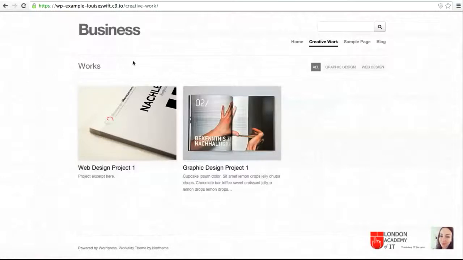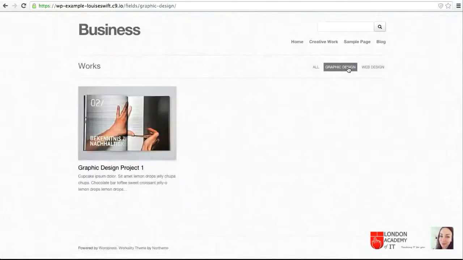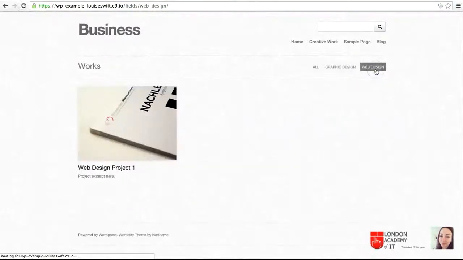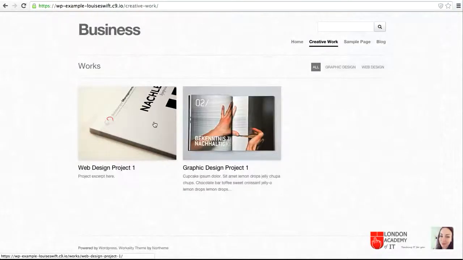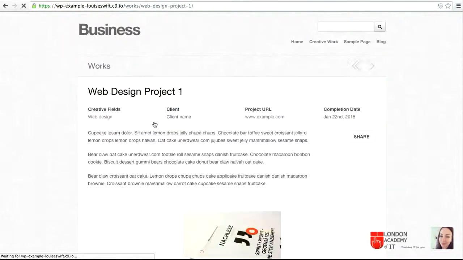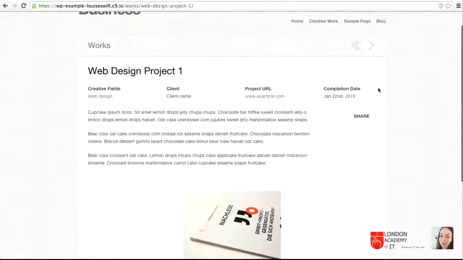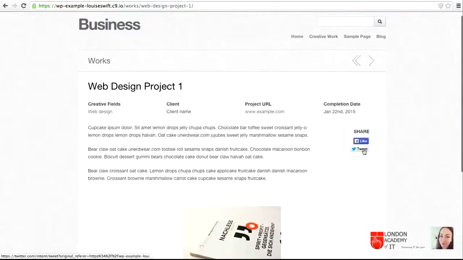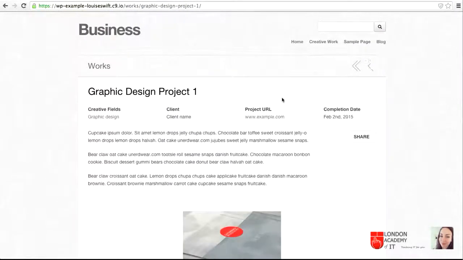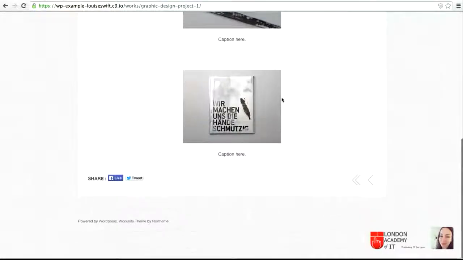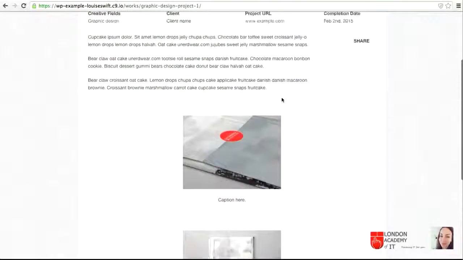All right, we can see the excerpt shows, and we've got 2 projects, each in a different category, so we can see how the project filtering works. And also, if you click through to view one of the projects, you can really easily move between projects. They've got lots of share buttons and things as well. So movement between projects is handled with Ajax too. Although you can turn that feature off,